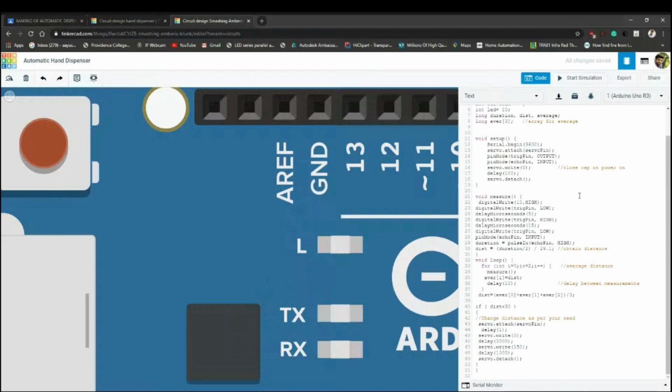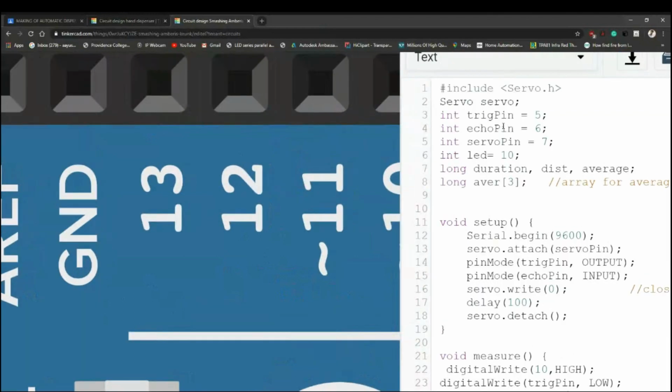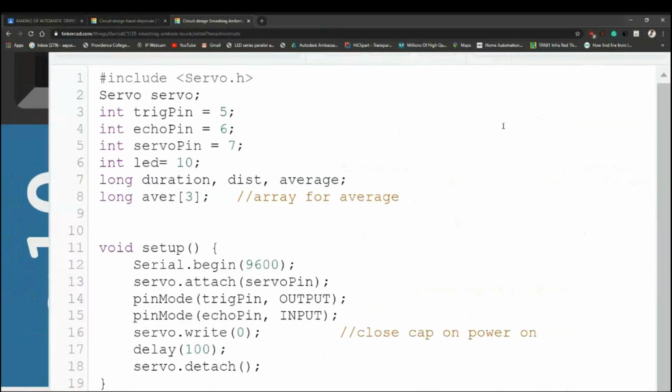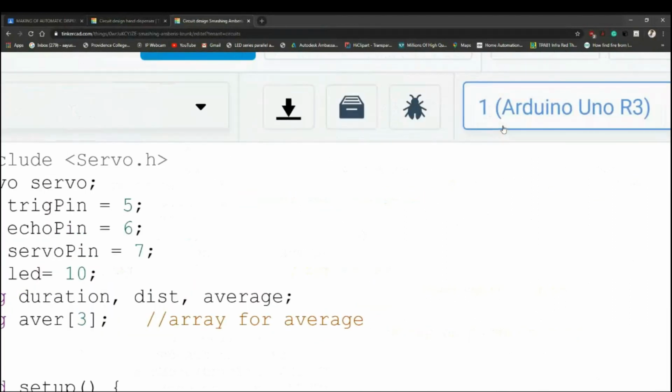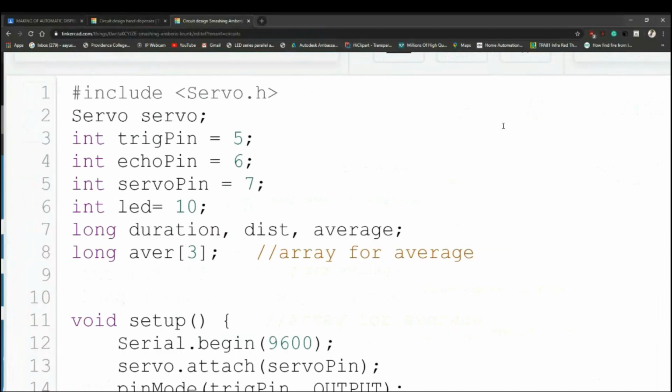So this is our code right now. Let me just zoom it in a bit for you. So this is our program. The first thing is that we have to include the library for the server to work.